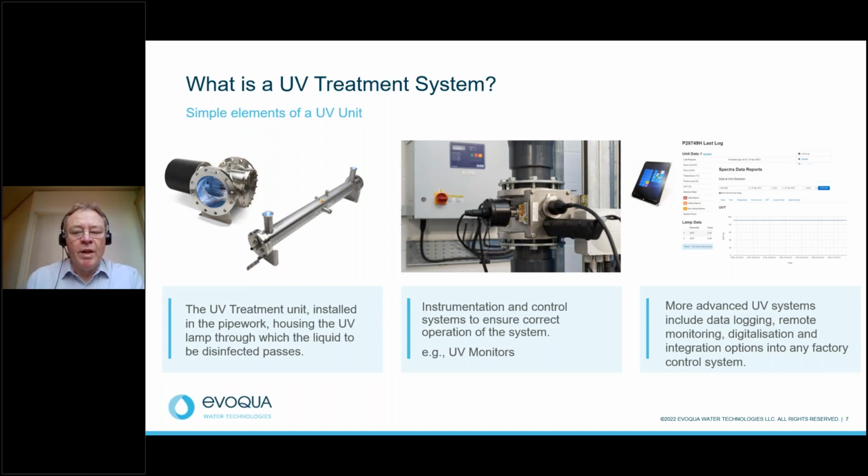So what is a UV treatment system? Some of you are familiar with UV or recognize these, but UV treatment systems comprise two basic elements. Firstly, the UV reactor or UV chamber, through which the water to be treated passes. This is installed in the pipework and is typically of a size similar to the process treatment pipework, particularly for